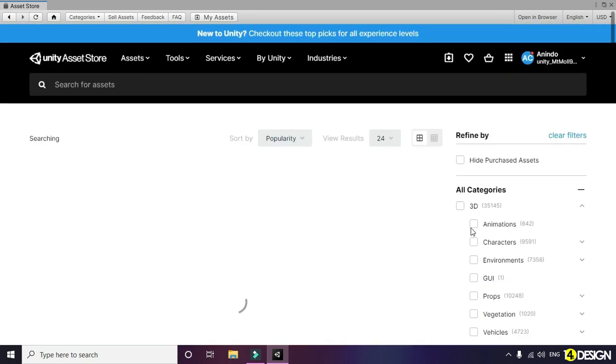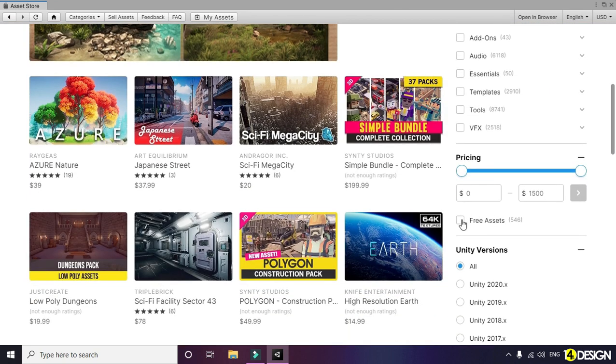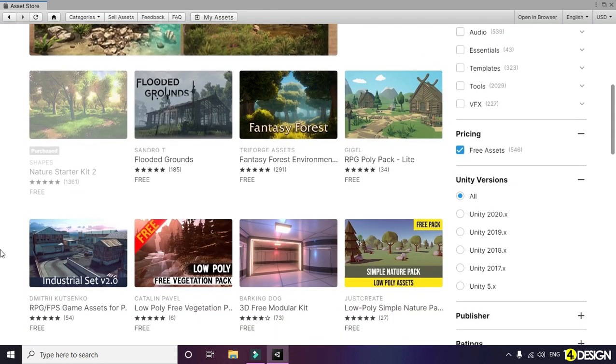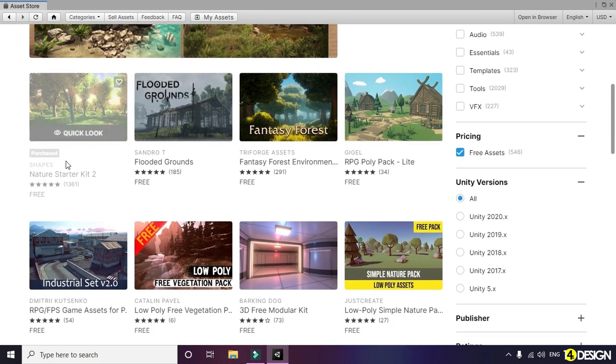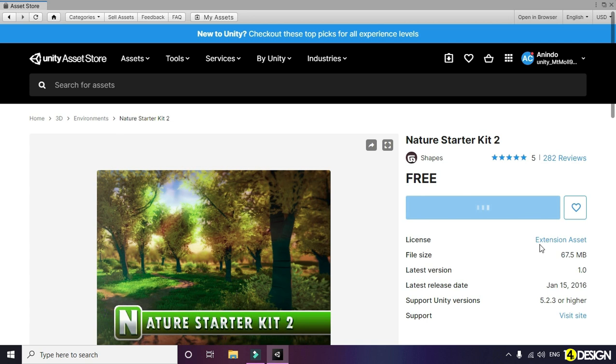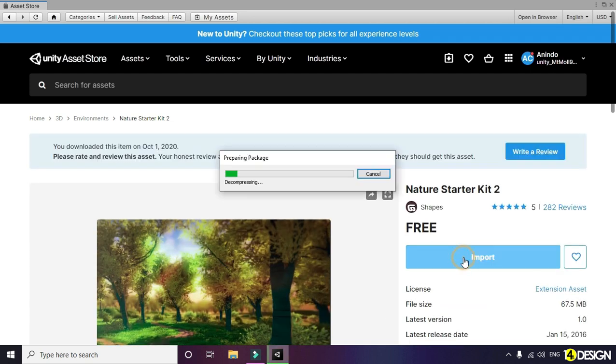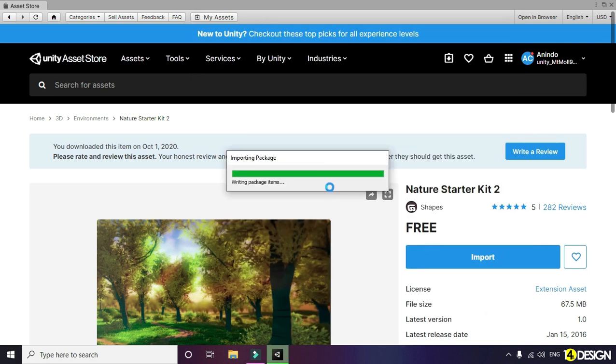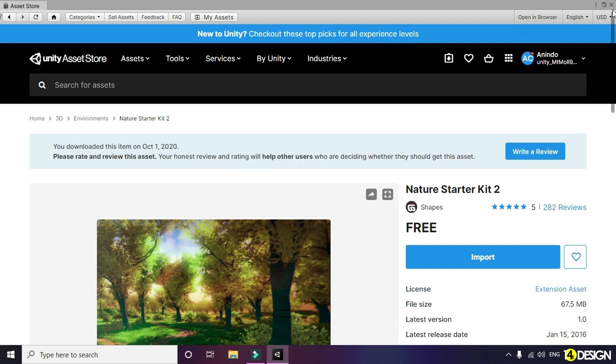We're gonna click on environments and select the free assets. A lot of free assets. Here's what we're gonna use: the Nature Starter Kit. Click on it. I've already downloaded it, so I'm just gonna import. Import all. It's done.